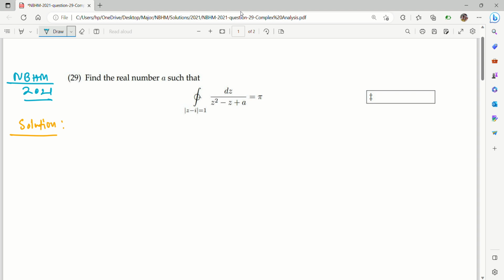This is a very interesting question from complex analysis, and it requires the application of residue calculus, the residue theorem, to find the value of a. So if f is a function of the form h by k, where